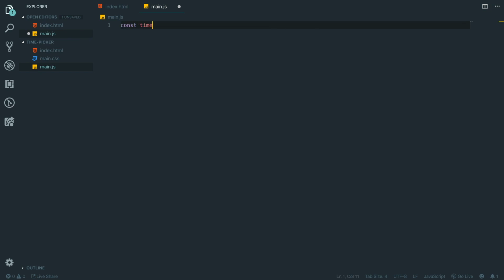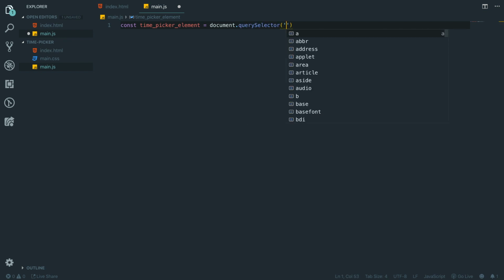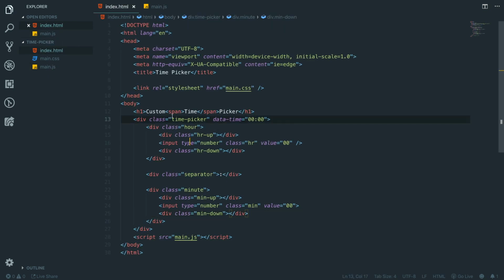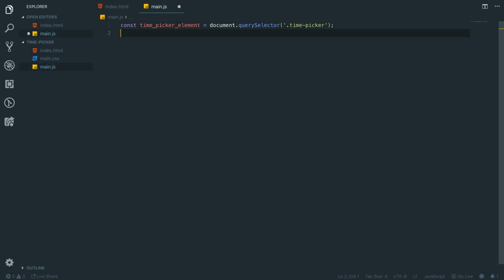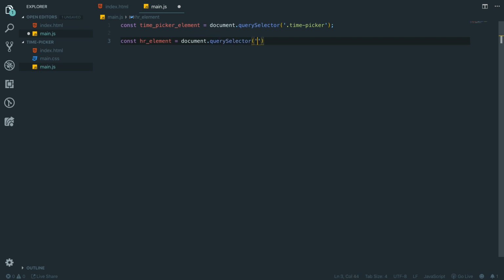I'm going to say const time_picker_element, and we're going to set that to document.querySelector. This is going to be .time-picker, because we're going to get the actual time picker element. We need the whole thing. We're going to get the hour element, which is going to be document.querySelector, and it's going to